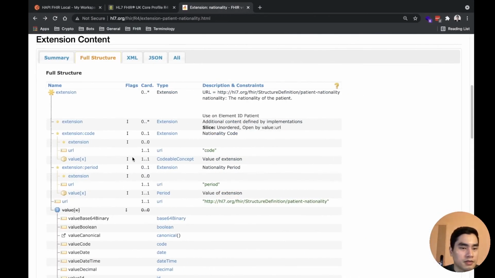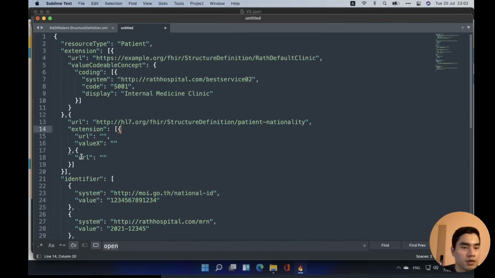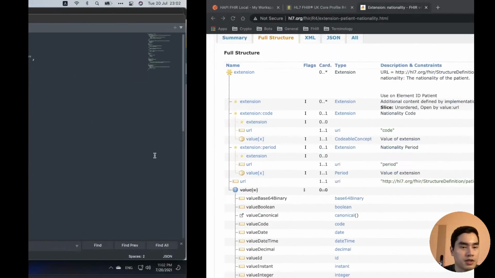Actually, I just noticed that this is a period, nationality period. Maybe I don't want it. I want just the text and the code, where the patient, what is the nationality of the patient.